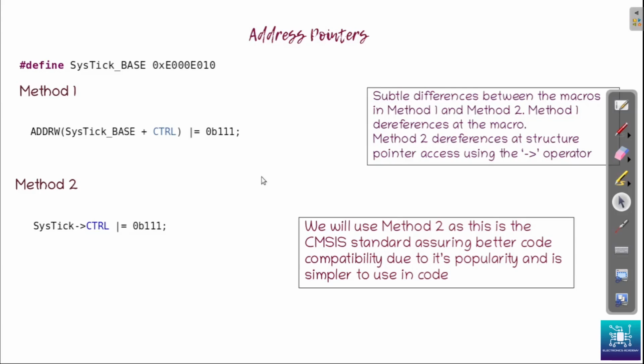So we saw two methods of accessing the memory, and the difference between method 1 and method 2 is that, of course, the structure is completely different, but in the case of method 1 it dereferences at the macro level. That is, when you do ADDRW and you put this expression, it dereferences it at the macro